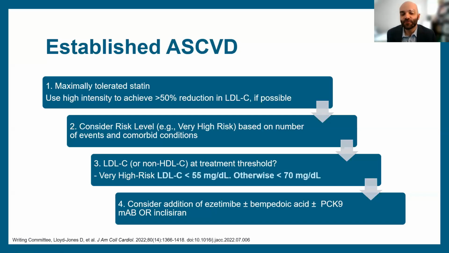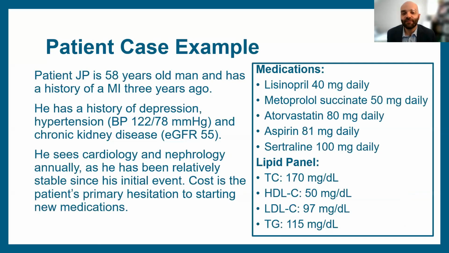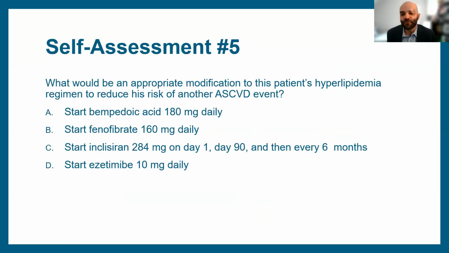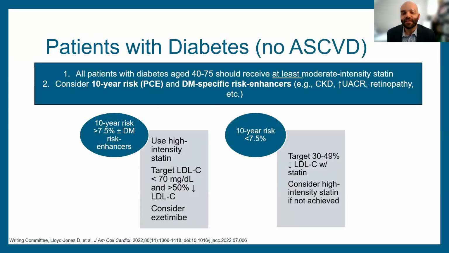So really thinking this through, as we see our patient here, even with an LDL of 97, someone on atorvastatin with ASCVD, less than 55 may be our appropriate treatment threshold. I want to wrap up here. As we see, for a lot of our patients with ASCVD, the big takeaway I would remind you of is go to statin and then something else. Most people are on insurance, so you're probably going to say ezetimibe. And then it really depends on how far away you are. If you need more aggressive treatment, something like a PCSK9 inhibitor would be appropriate, if the patient is willing to do an injectable.